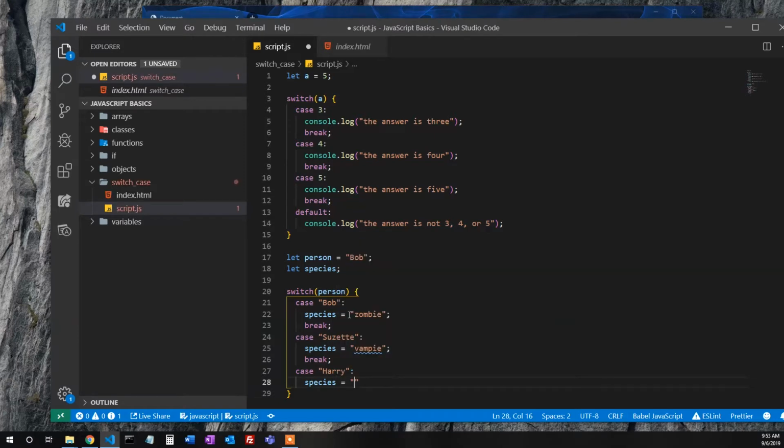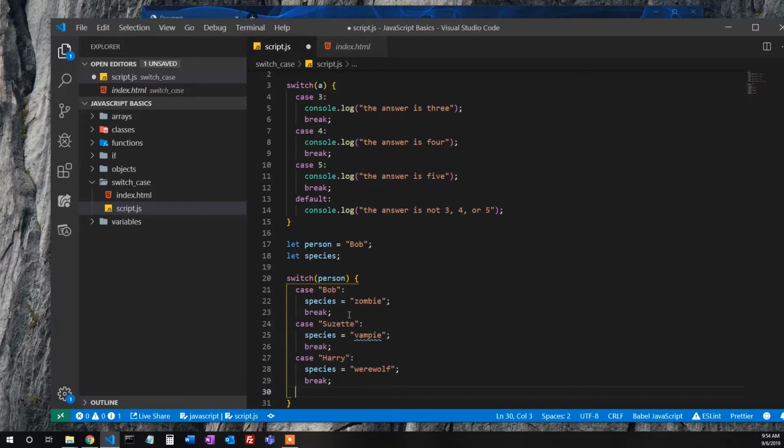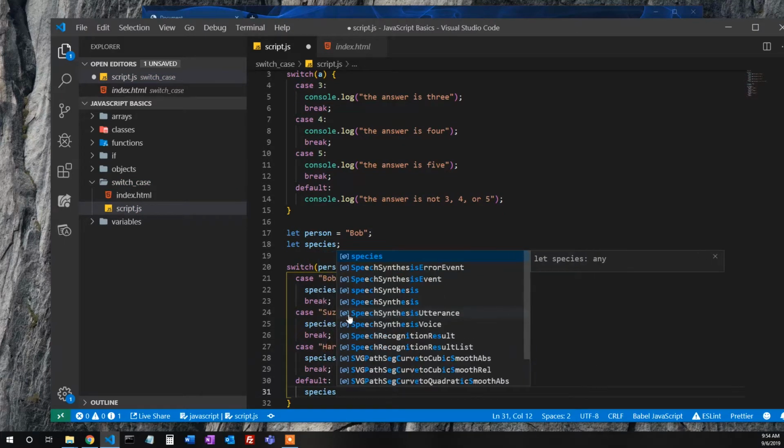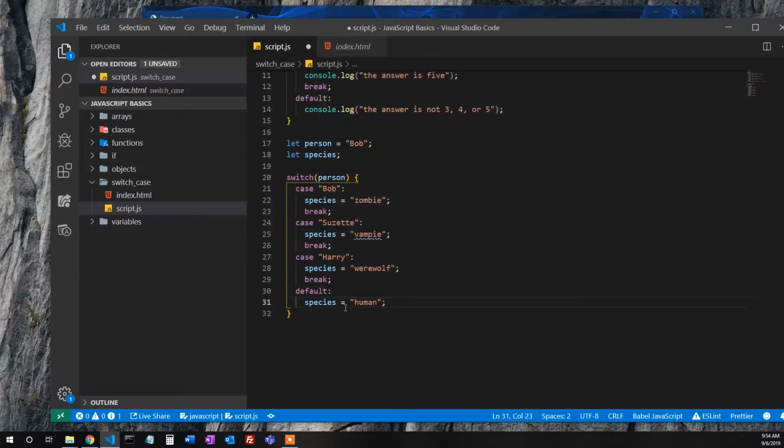Species equals werewolf. And our break. And then, if person is not Bob, Suzette, or Harry, then it runs the default, and we will make our species human. And so, if I run this now,